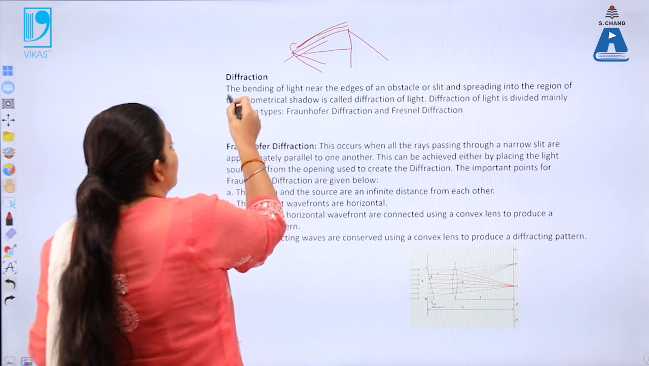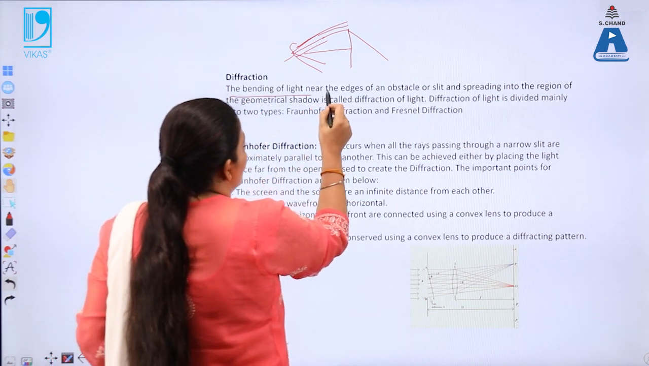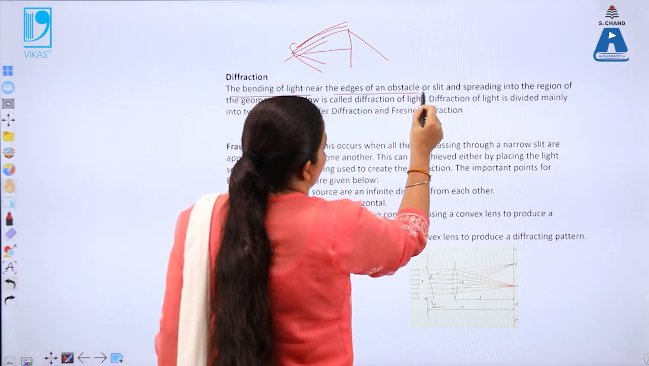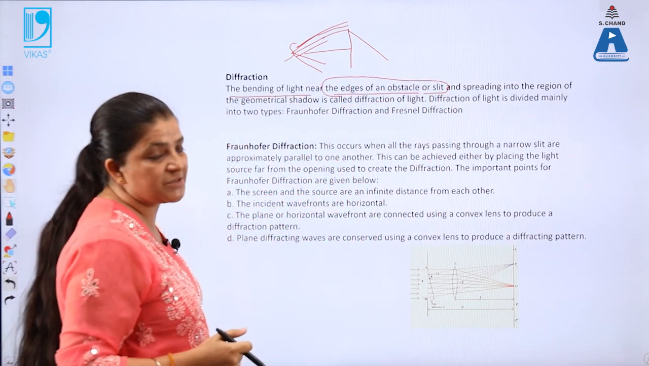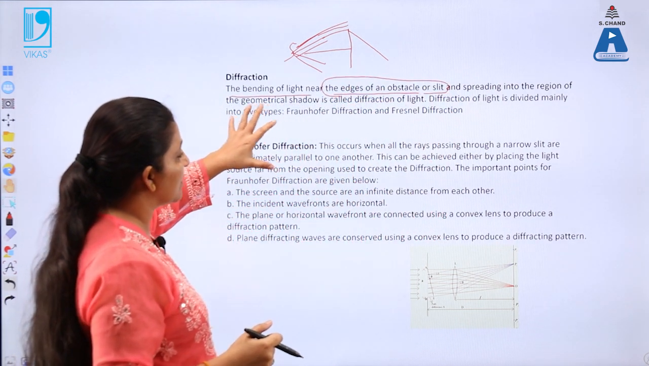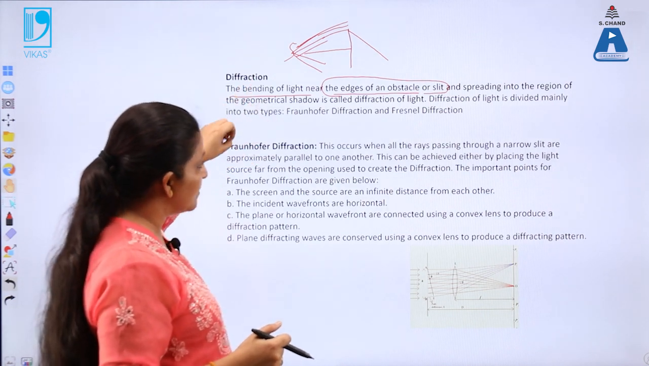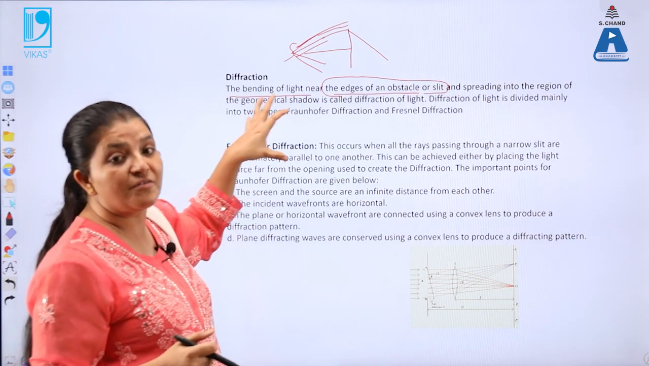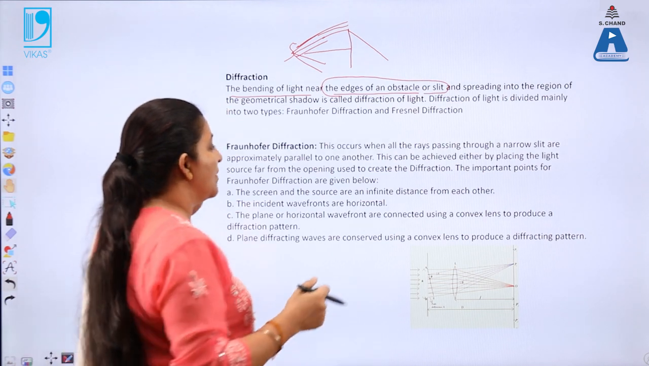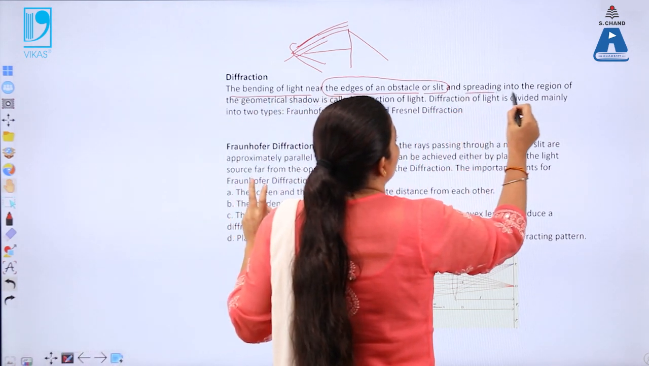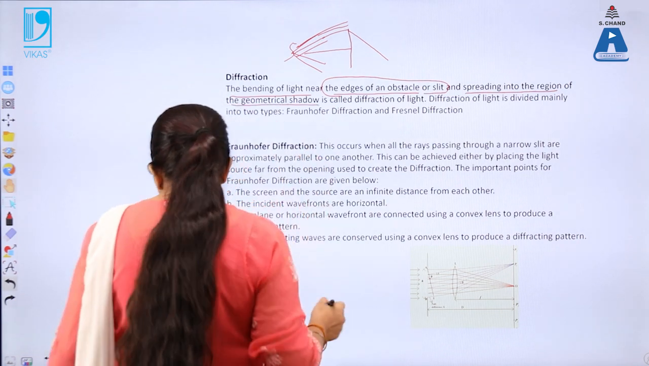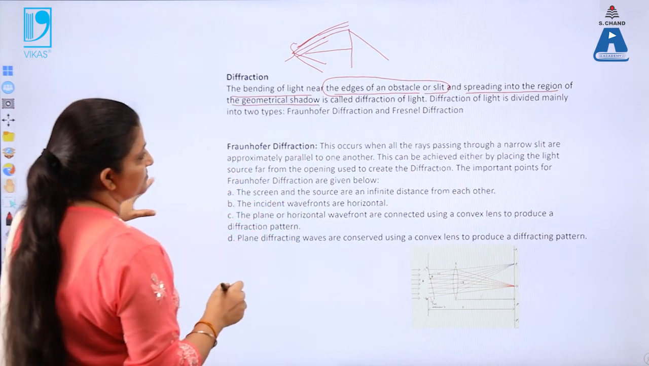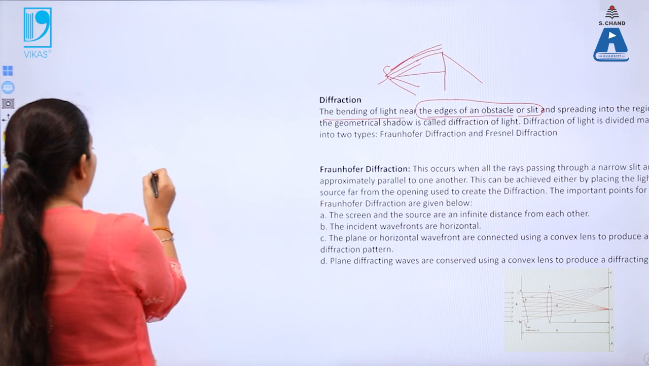So what is diffraction? It is a bending of light. Firstly, there must be an obstacle or a slit present near the edges of the obstacle, that is, in the path of light. Second, there must occur spreading of light in the region of the shadow. We know that when there is a source of light,